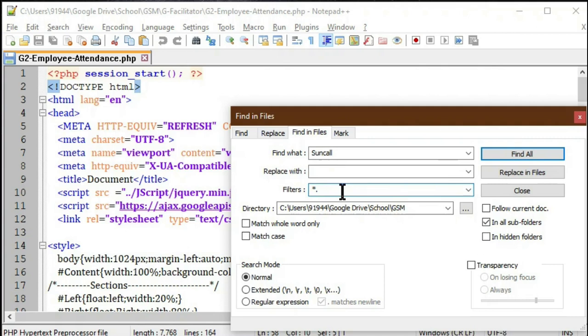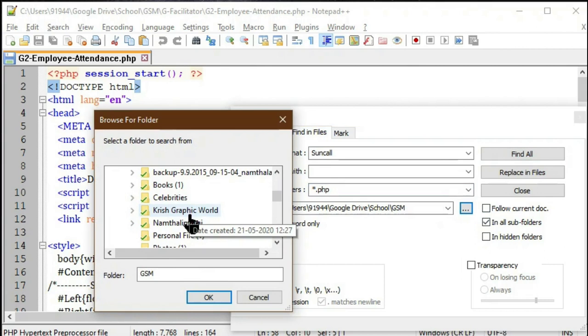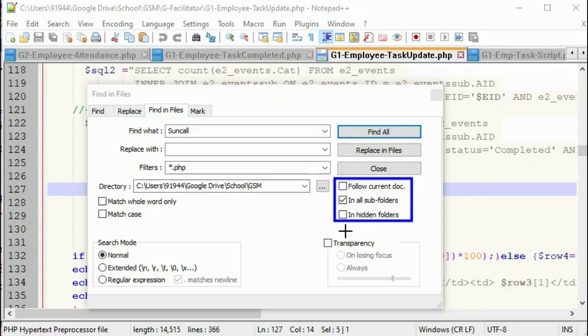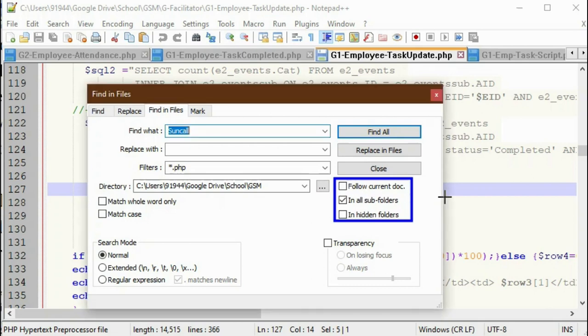I am putting only star.php, so it has to search only php extension files, and the folder I can select with the browse button. So I selected one gsm folder, then I click ok. After selection of the directory, if you check follow current doc, it will search only the files in the selected folder.